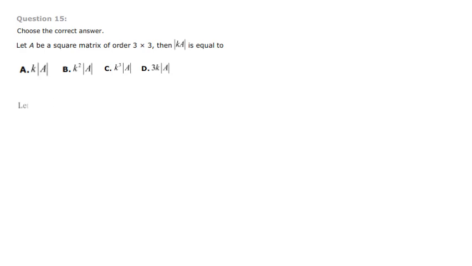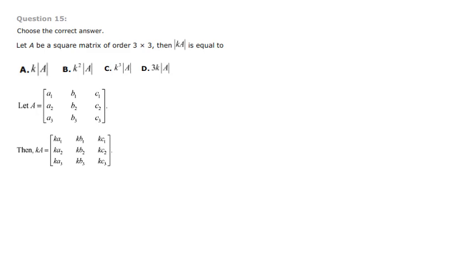So let's move on to the calculation part. So A is a square matrix of order 3 by 3. We have taken A is equal to A1 B1 C1, A2 B2 C2, A3 B3 C3, in the matrix format. Then we need determinant kA, meaning first we have to calculate the kA matrix. So kA is equal to, just multiply each row by k, that is k into A1, k into B1, k into C1. Then the second row also multiplied by k, third row also multiplied by k. That is what k into A means, scalar multiplication.